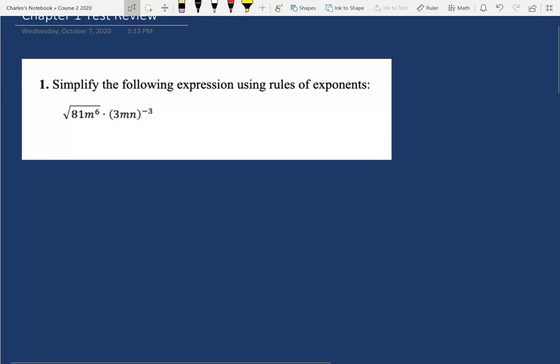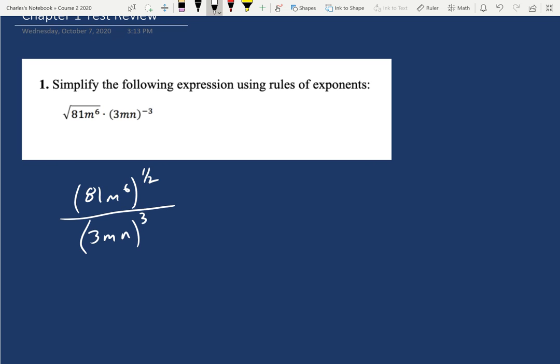It says simplify this. So if I was simplifying this, I guess I would say this is 81 m to the 6, and when you square root something, you're raising it to the 1/2 power, times 3m. And actually, what I could do, if it's a negative exponent, I can put it on the bottom. So this is 3mn to the 3rd power. And so then, when you raise a power to a power, it's multiplying, and you have to distribute the exponent into all the different